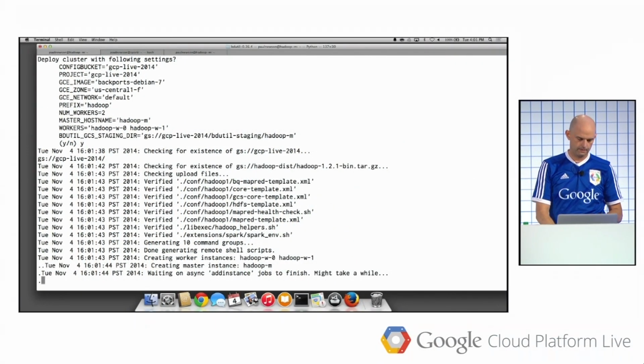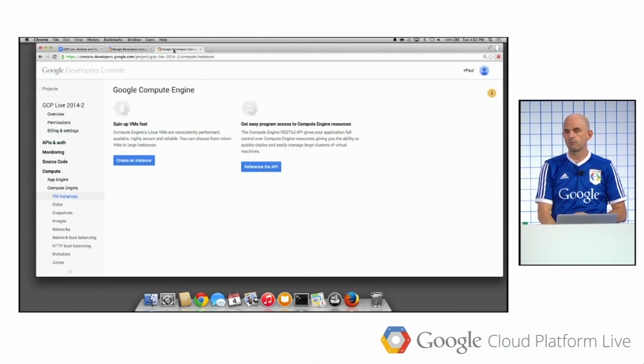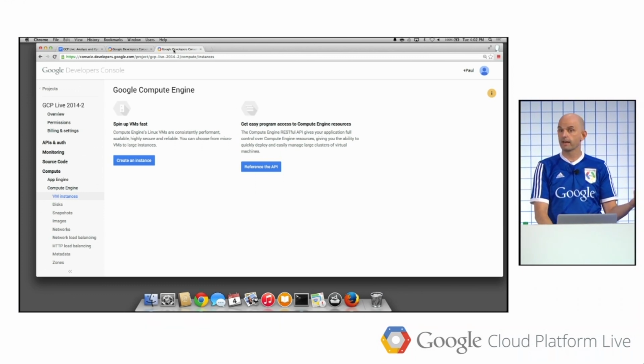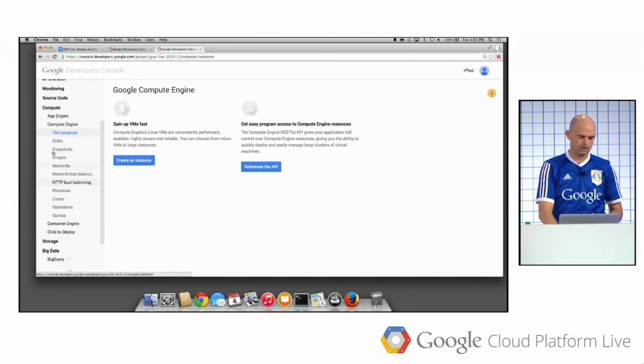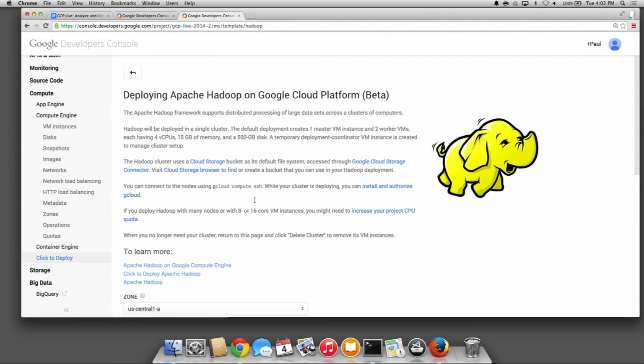So while that's running, what I'm going to do is show you the even easier way to do this, which would be using click to deploy, which you saw earlier in Francesc's talk, where he did a click to deploy of Redis on our service. So down here in the compute section, under click to deploy, we can see Apache Hadoop. And as Francesc noticed earlier, it's actually 2 clicks, because you got to click go first,